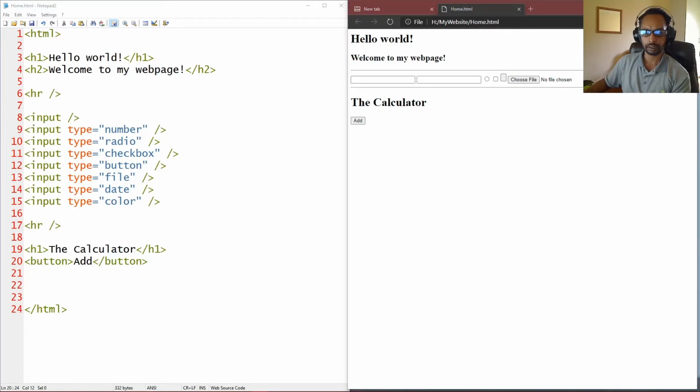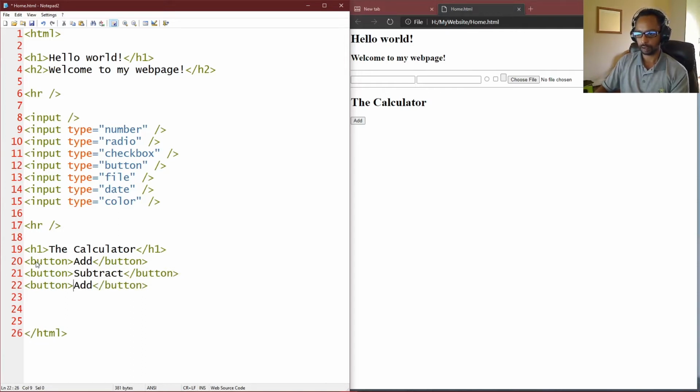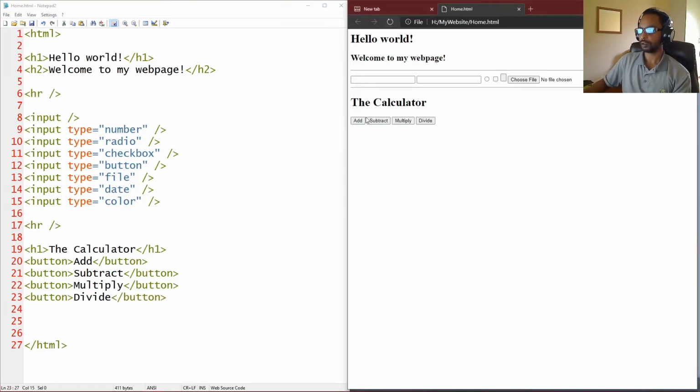Okay, let us put in another button. We'll call it subtract. Another button, multiply, and one last button for divide. Refresh our page, we see all 4 buttons appear, but again, they are all clickable, but nothing actually happens when